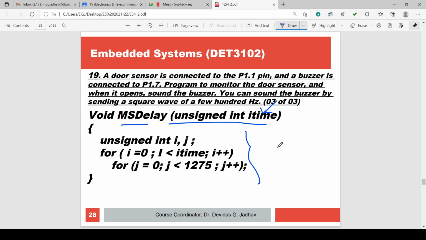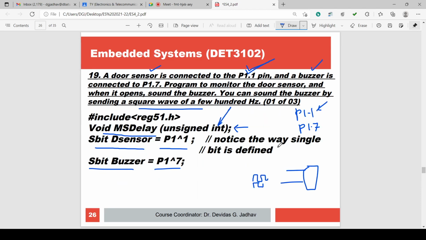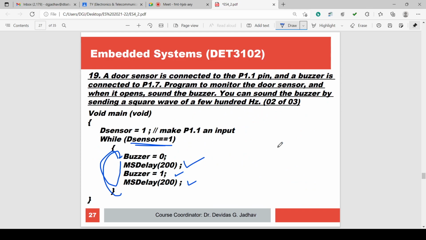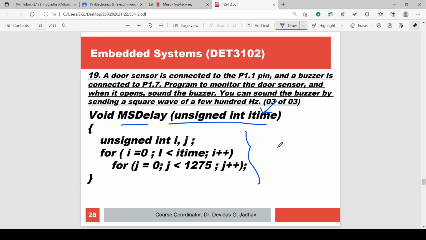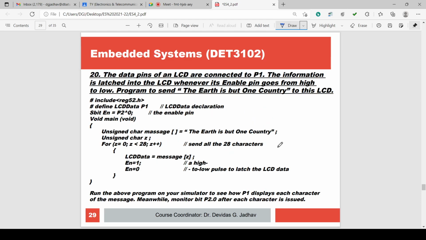This is the function. So these are the declarations. This is the main function in which buzzer is 0, then delay is there, buzzer is 1, then delay is there. Till the sensor is 1, it is executed. And this is the msdelay function program.